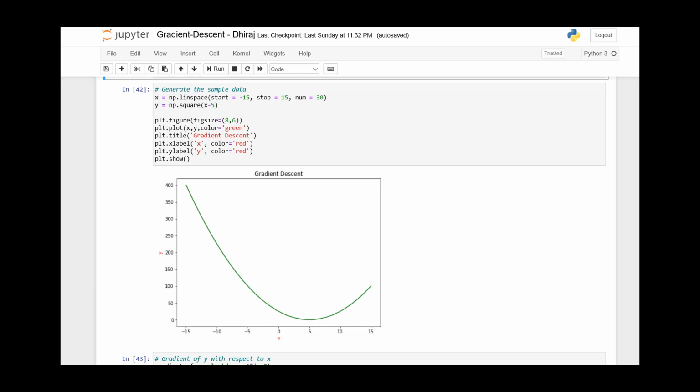After that, we will plot x and y in two-dimensional space using matplotlib. After looking at the graph, we can say that the minima of y occurs at x equals 5. However, we need to find this minima using the gradient descent algorithm programmatically.